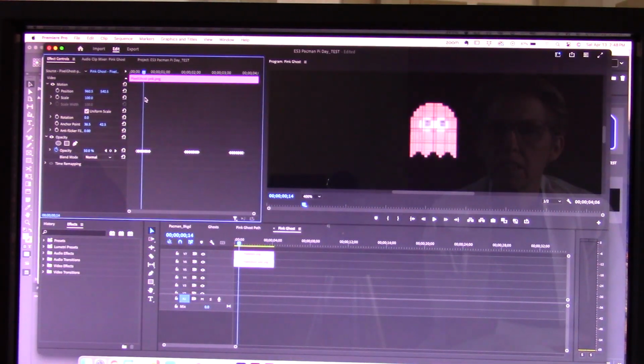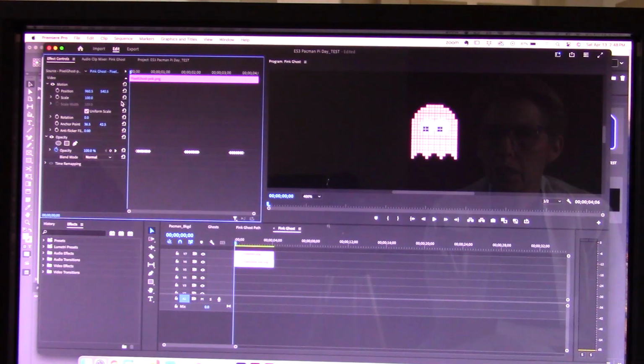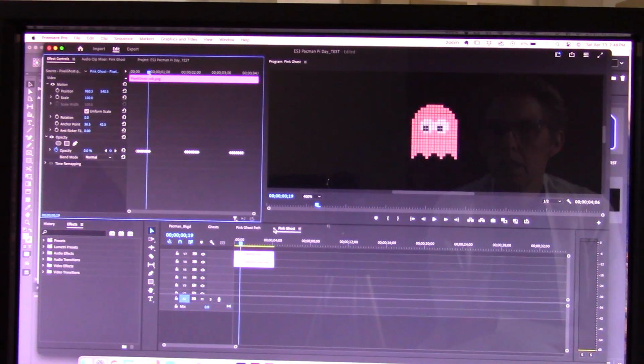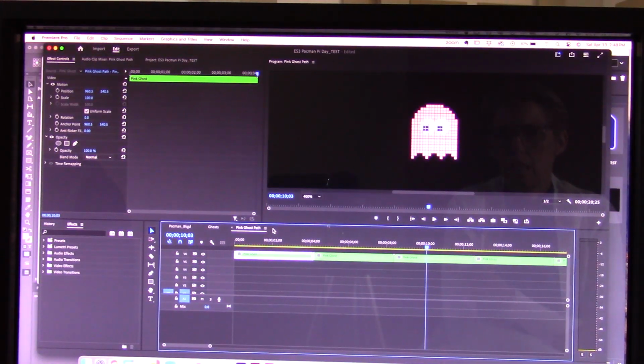ghost, is doing this opacity change. Notice how it goes 100%, 50%, and then 100%, 50, 0. So sometimes it goes completely off, but sometimes it just goes down, depending on the effect you want. There it goes. And then I'll take that exact same effect and I'll just switch out the ghost and save